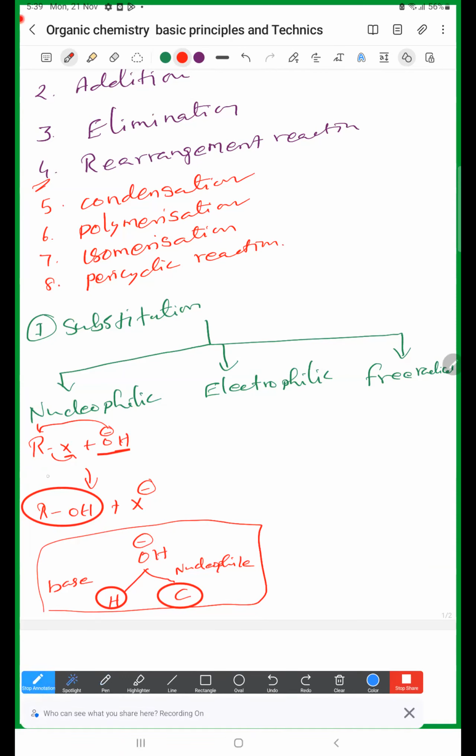What is the meaning of OH minus? What is the meaning of OH minus? This OH minus. What is R? So I will write